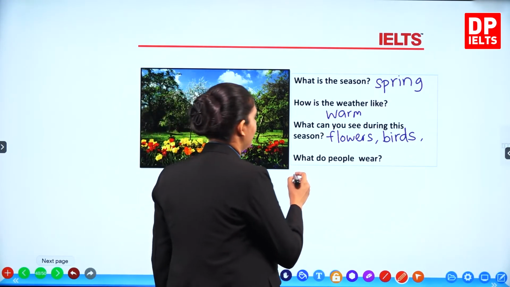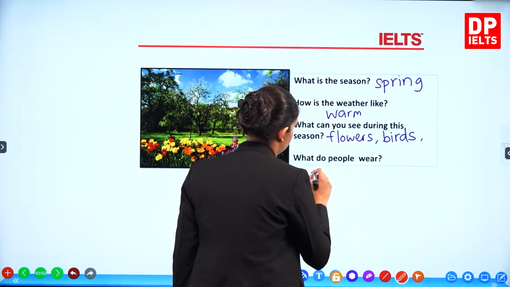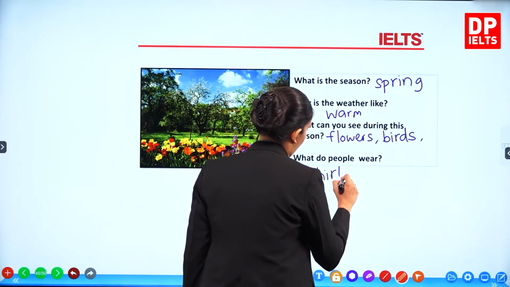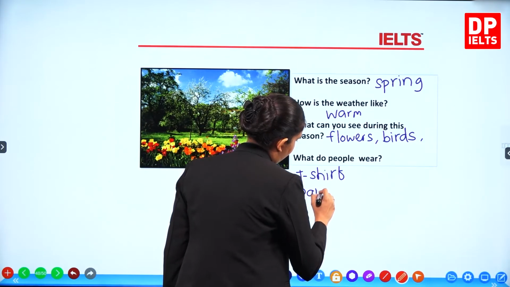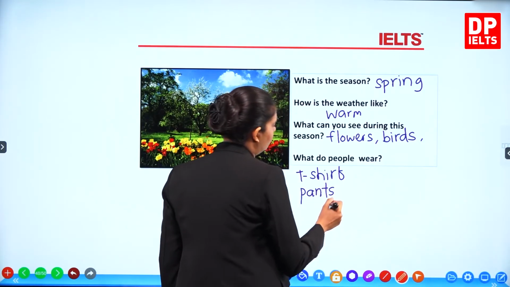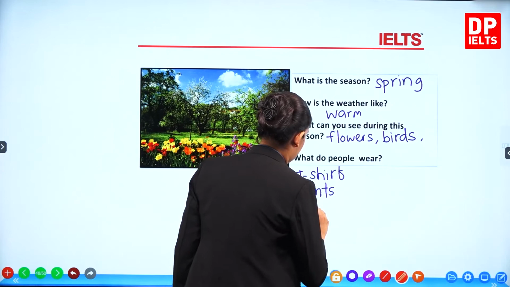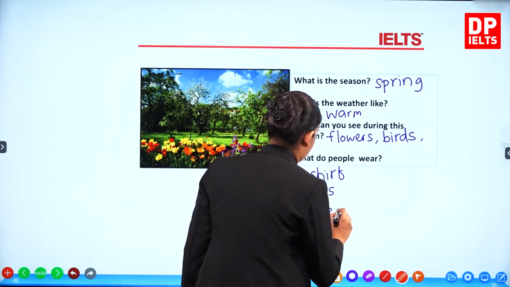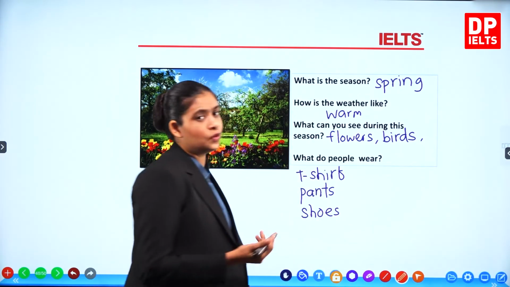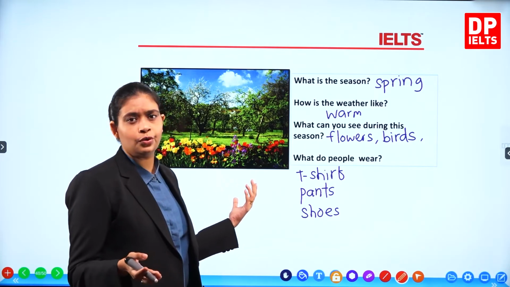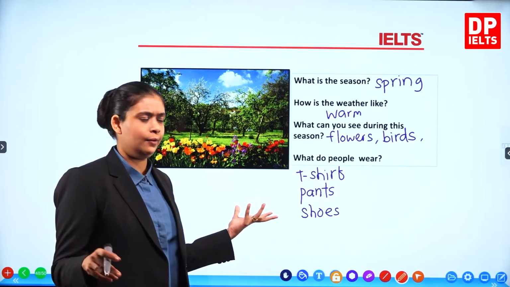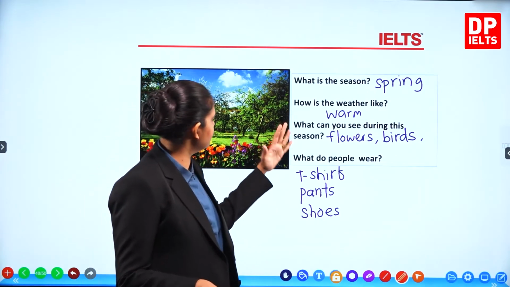So you could wear a t-shirt, okay? You could wear pants. You could wear shoes, right? You could wear a dress if you want to. It's not too bad during this season. It's not too cold and it's not too warm. It's okay, right?